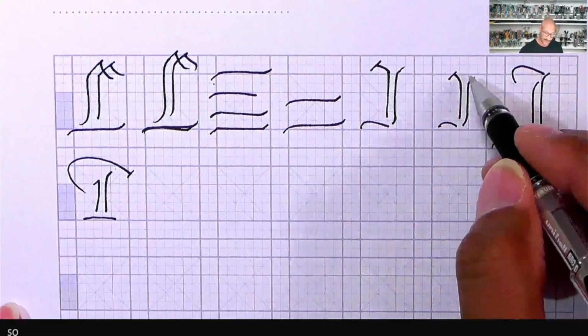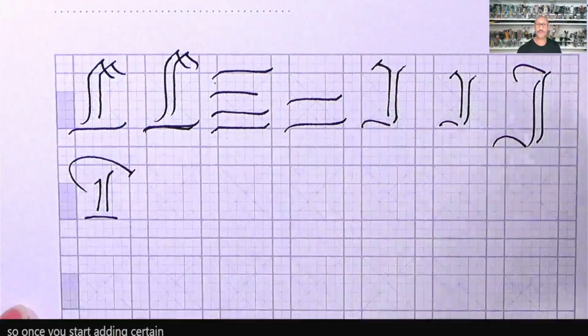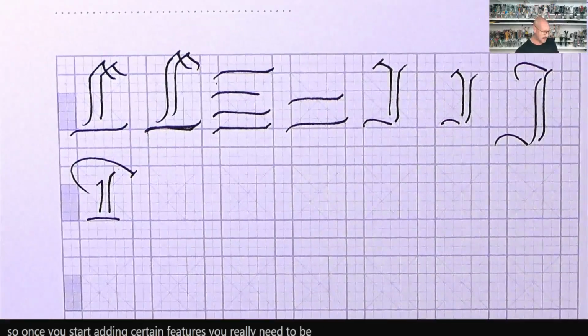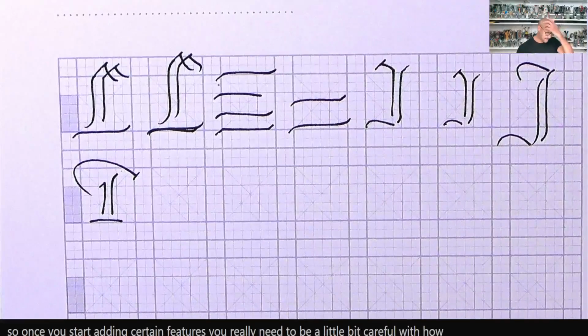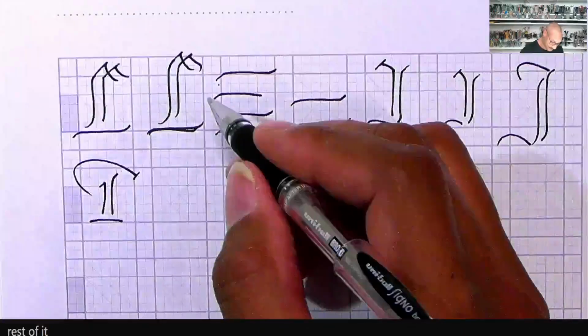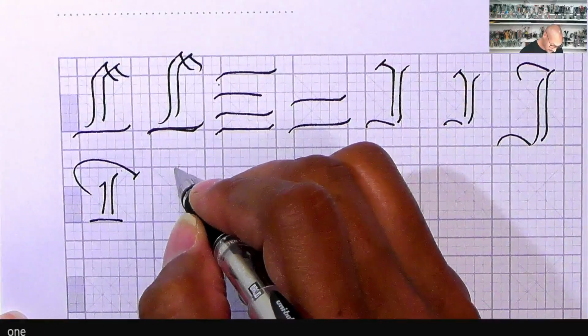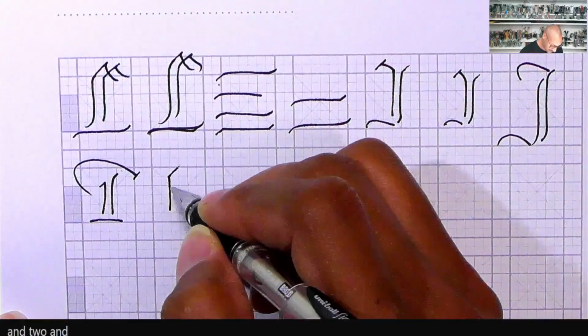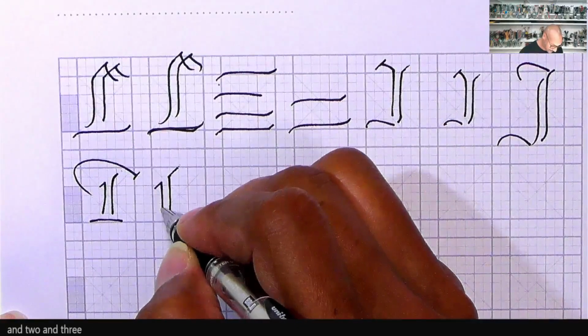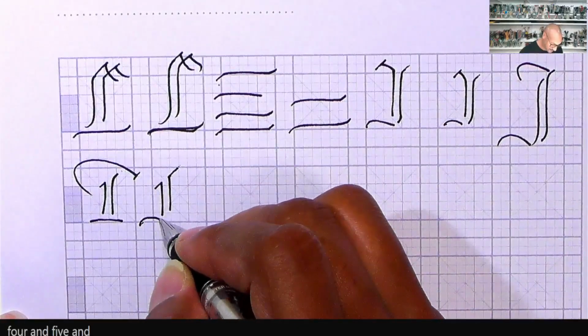So once you start adding certain features, you really need to be a little bit careful with how you add them along the rest of it. So middle, 1 and 2 and 3, 4 and 5 and 6,